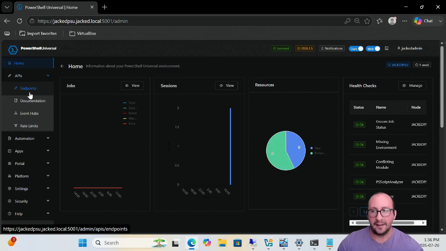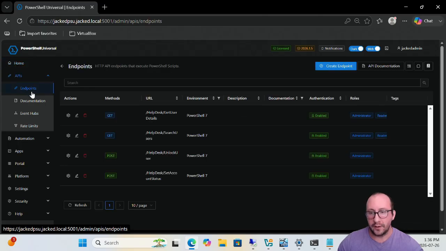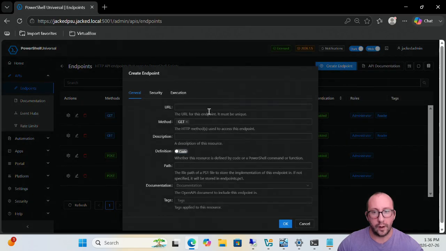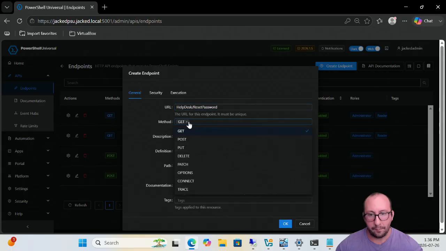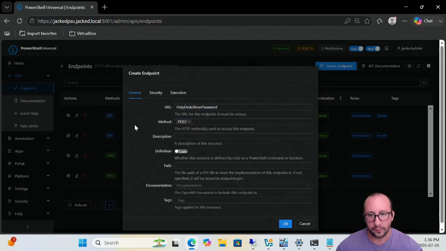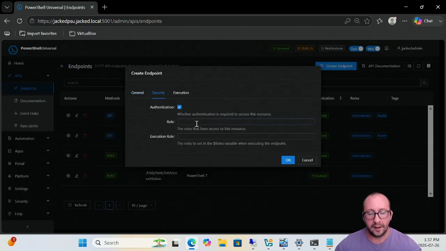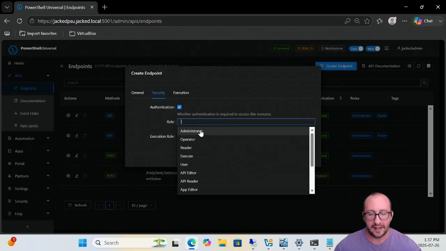So let's go ahead and build out that endpoint, or that API route. So let's go into endpoints here. We're going to create our new endpoint. Our URL is going to be helpdesk/reset password. We're going to make that a post method here. And then we're just going to put the path as ./helpdesk-reset